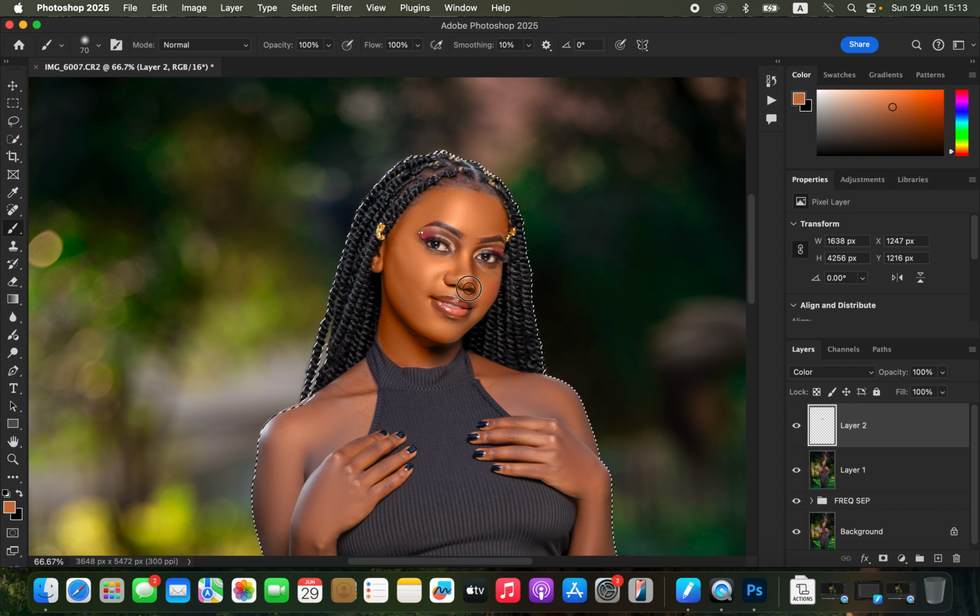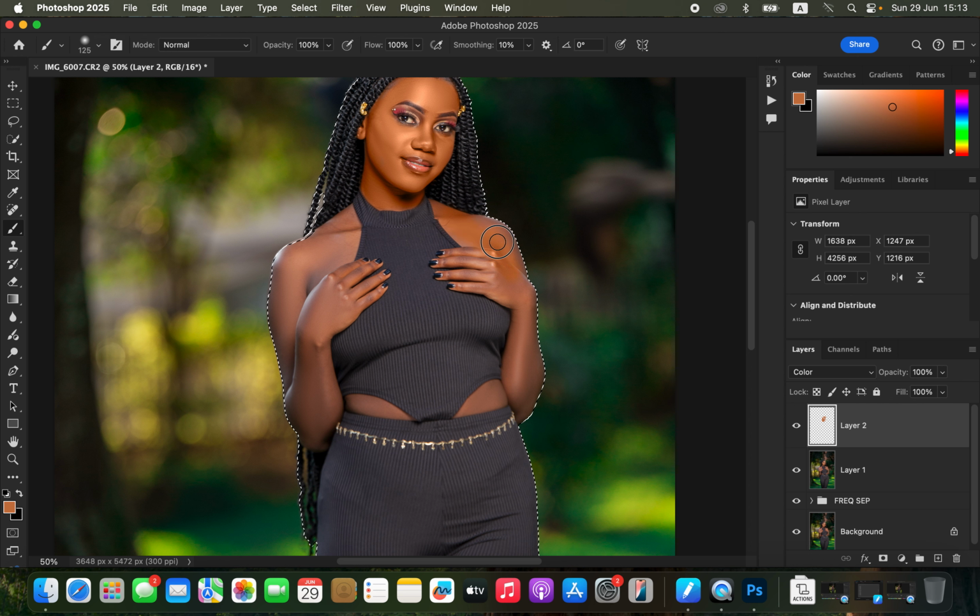For this step, we are basically working on the color of the model's skin, or the skin tones, to create an even skin color or even skin tone. Don't mind if the color is looking odd or awkward at this point, because we have to fine tune the colors later on in this very tutorial. This is not all for the tutorial. So I'm just going to come to the rest of the body and quickly paint, for example, on the fingers,